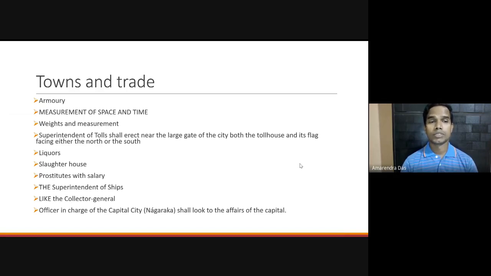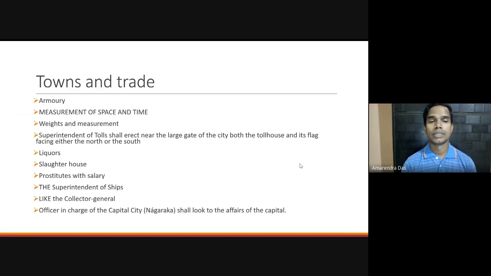There was liquor production also. People used to produce liquor, and that used to be sold. And in Arthashastra this is also described. There was a slaughterhouse. Then prostitution was, of course, prevalent, and they used to get a salary. And then there used to be a superintendent of the ships, because export and import happened through ship. So there was a superintendent of the ships, and similarly, a collector general was appointed